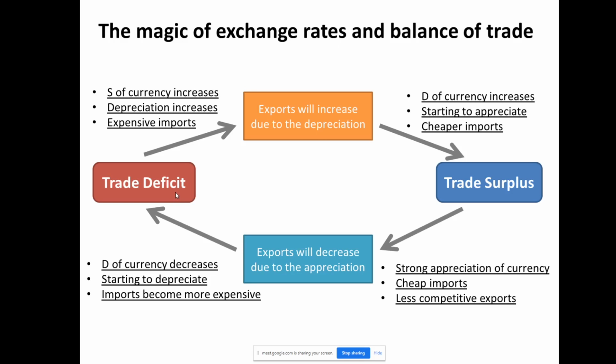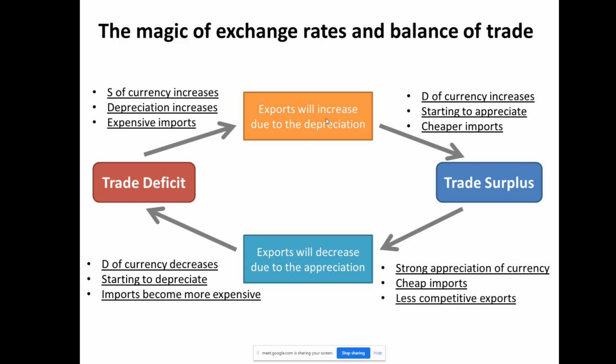So we know that if we import more, the supply of our currency will increase for sure. So we know if that happens, then depreciation increases, right? Which makes the imports more expensive. But the thing is, we also know that if the depreciation keeps increasing, eventually